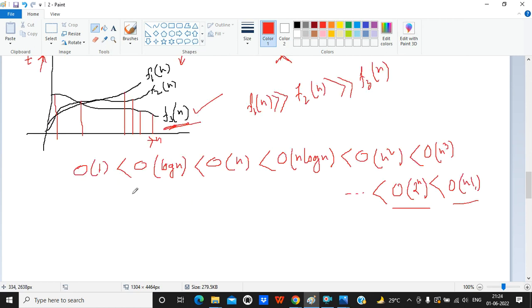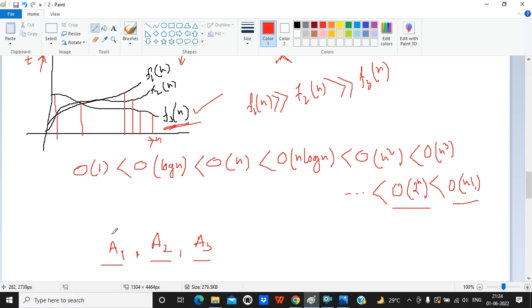Now suppose for a particular problem you have been proposed three algorithms, A1, A2, and A3. Three companies provide you the three algorithms as a solution. Now this